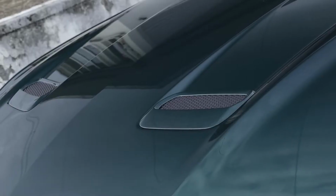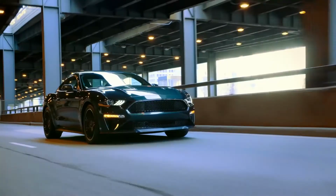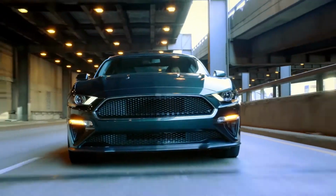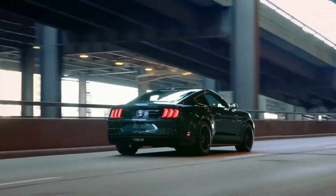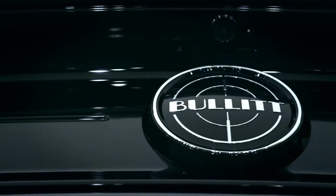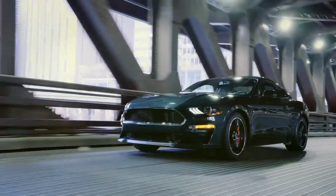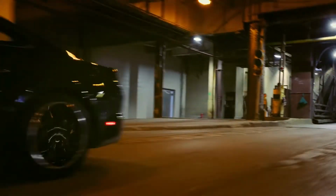Today's Bullitt is a factory-modified Mustang GT featuring an extra 20 horsepower for 480 horsepower total at 7,000 revolutions per minute and 420 pound-feet of torque at 4,600 revolutions per minute. The front and lower grills are unique, and the familiar chrome pony badge is gone. There is no rear spoiler, and the faux gas cap on the rear has the Bullitt logo. A rear diffuser and chrome ring around the windows complete the handsome and tasteful body appearance modifications, giving it a